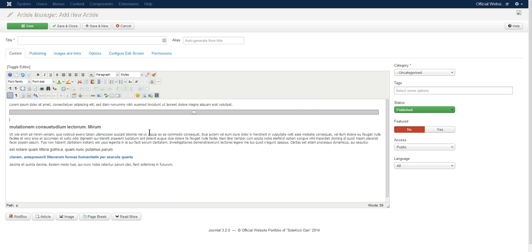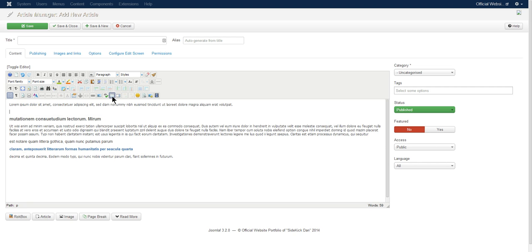Now, those of you who are running blogs out there know that a lot of times on your blog category pages, you usually have a list of your most recent posts, perhaps maybe 5 to 10 articles. Well, in those cases, you don't want the full text of each article appearing, but rather just some introductory or teaser text along with a button that says Learn More or Read More. Well, one of the things that this button does is it lets you put a break in there that's invisible so that if this article appears in a list of other articles, there will automatically be placed a button that